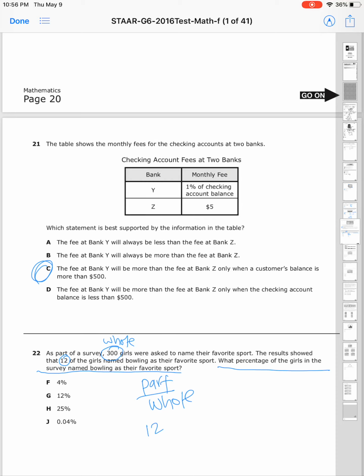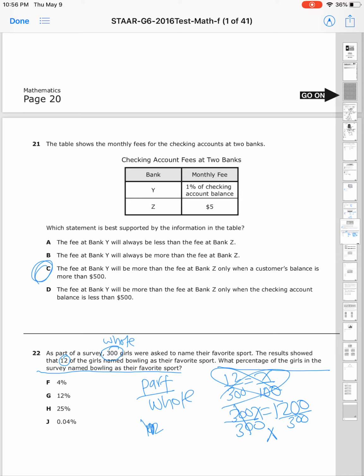Goodness gracious, what this is doing. 12 over 300 is equal to x over 100 because percent is always out of 100. Cross multiply. 300x is equal to 1,200. Divide both sides by 300 to get my variable by itself. Come on, pen. X is equal to